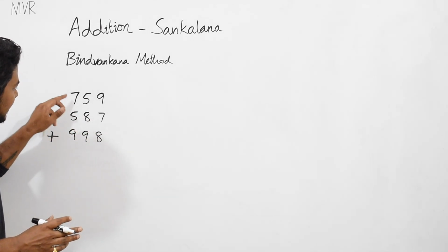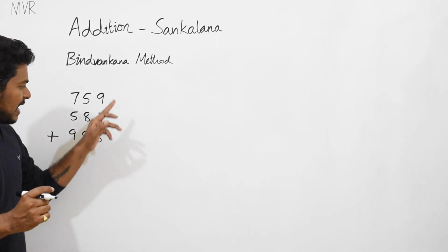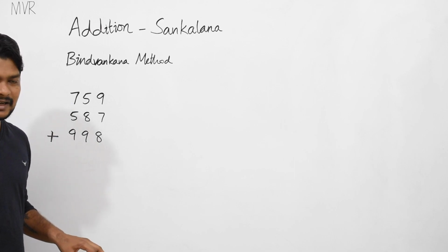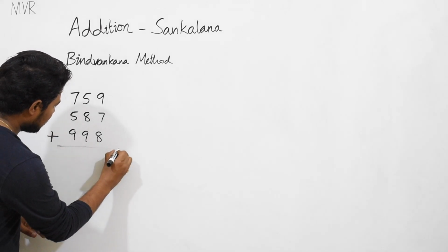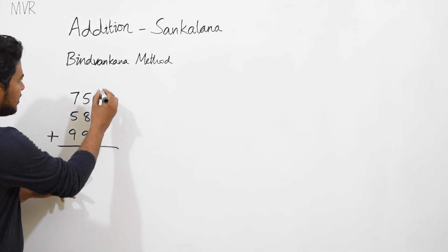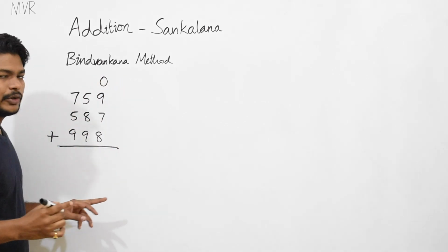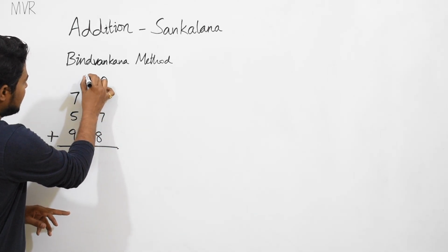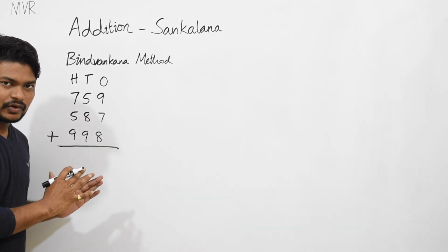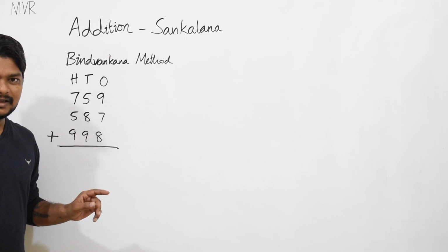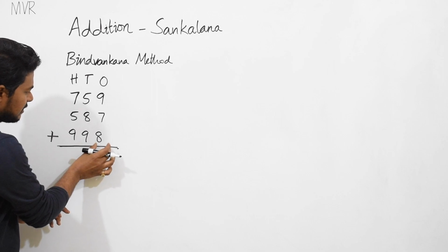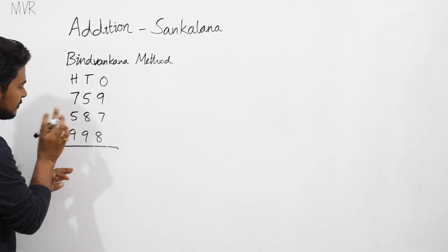Now we are taking these three numbers. Now we need to add these three numbers. See, step by step I will explain you, understand very clearly. Now see here. See, this is ones place or units place, this is tens place, this is hundreds place, right? For only 1 minute you just focus, then the method will be over. Then I will give some examples which you need to work it out. See, this is the units place or ones place, this is the tens place, this is the hundreds place.